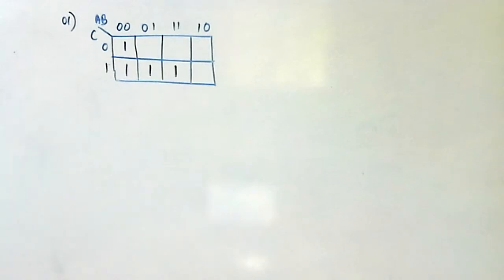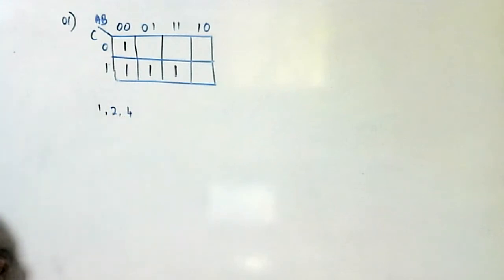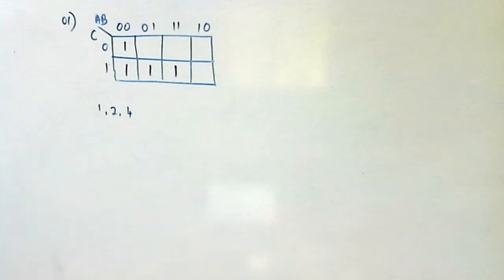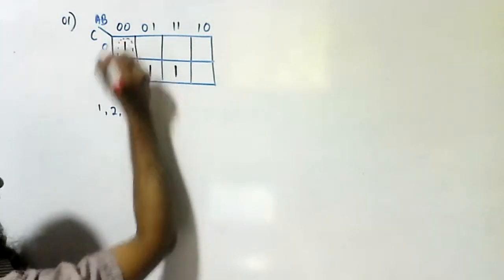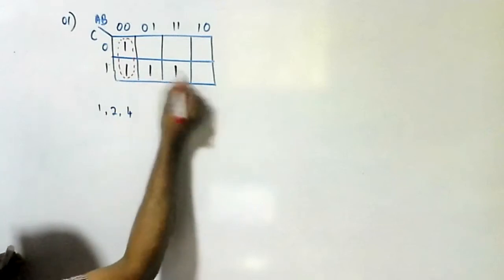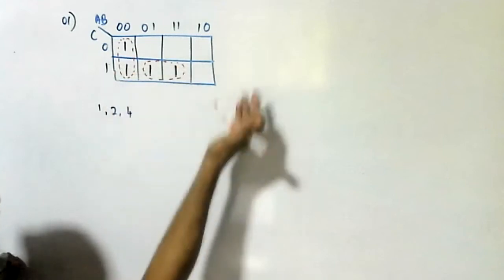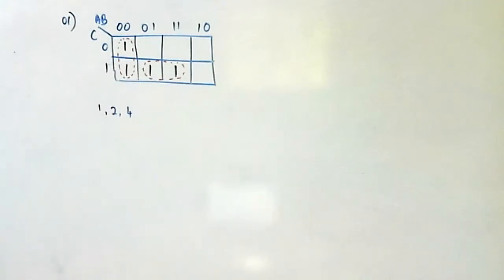So the basic rule, we can group 1, 2, 4 likewise, and minimum number of groups should be there. Maximum number of ones should be there in one group. So according to that, we can group like this. Overlapping is no need because 2 ones separately, 2 ones are there. If we group like this, 3 groups come. Minimum number of groups means this one is correct. Hope this one is correct for all of you.